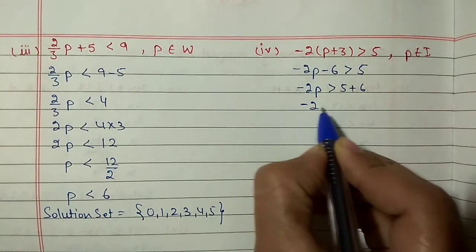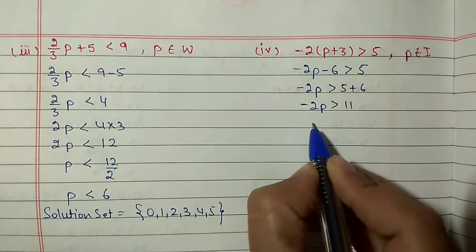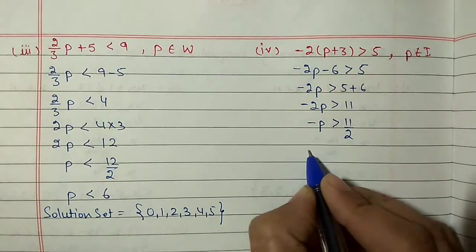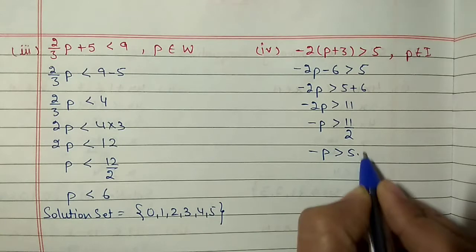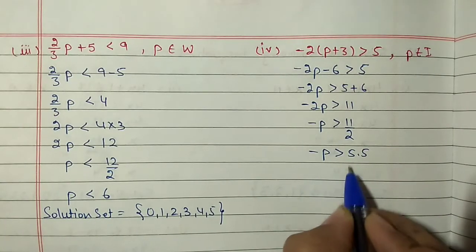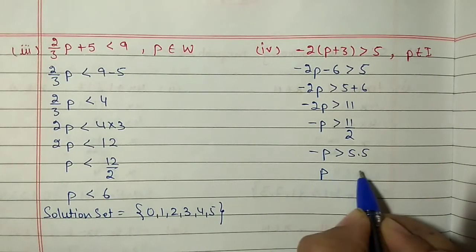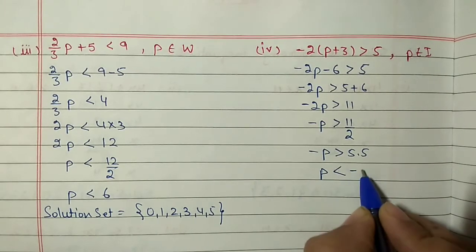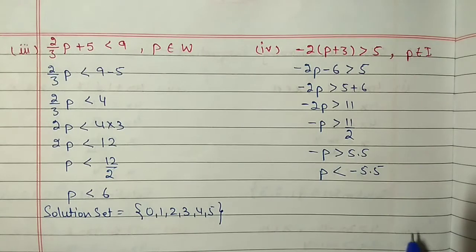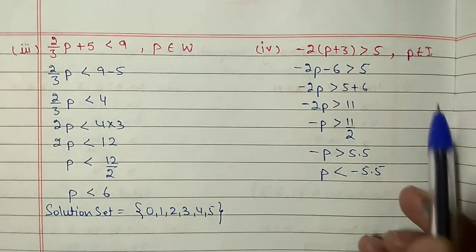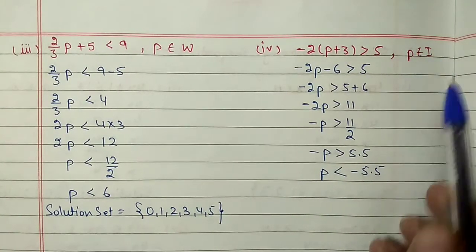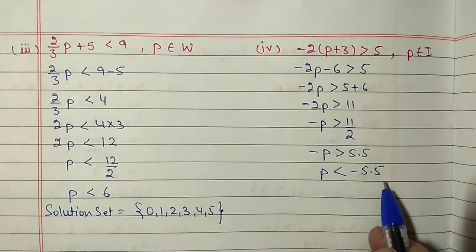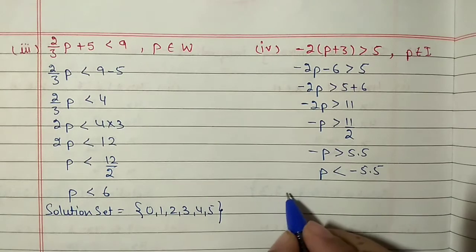So −2p > 11, −p > 11/2, −p > 5.5. Now at last this minus symbol, when we shift to the other side, this inequality symbol we have to reverse, it will become p < −5.5. So p means integer, here we have to take integers, I is given, p belongs to I, integers which are less than 5.5. So the solution set will be